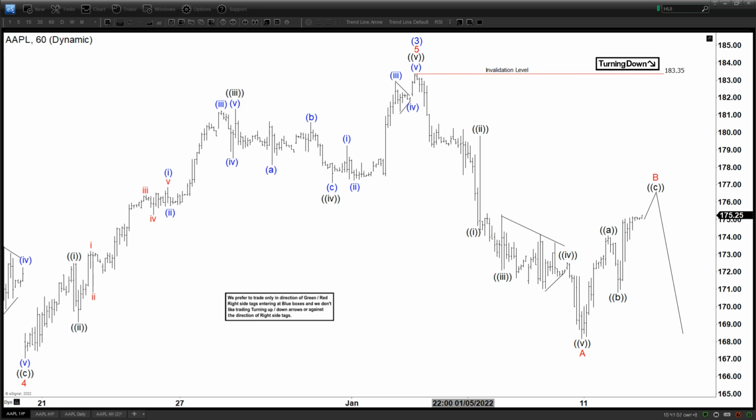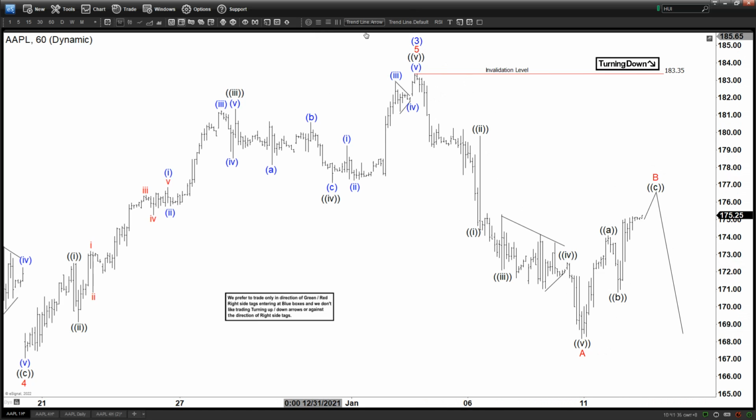And for today, we're going to be looking at the chart of Apple. This is a 60 minutes chart. Now we can see right here that the peak at 183 is called as a wave 3 in the intermediate degree, and that wave 3 subdivided into 5 waves, of course. This is your wave 5 of the minor degree, and this is your wave 4. So this is 4 and 5 finishing 3,